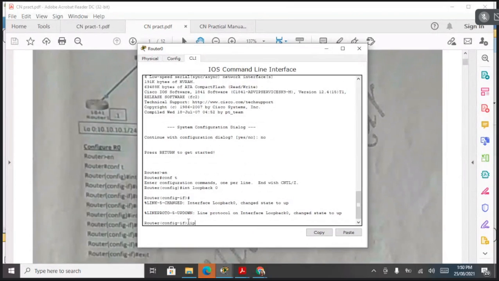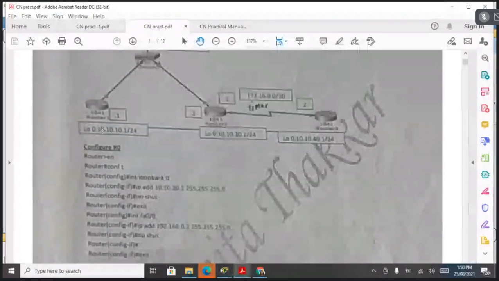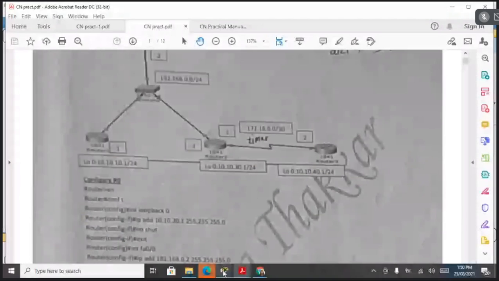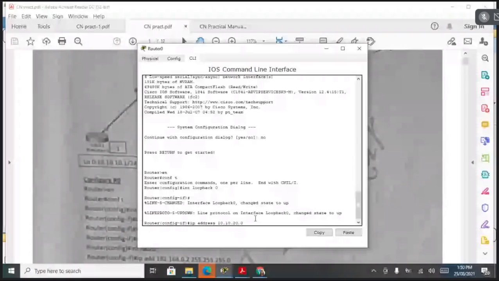Okay, so IP address. What was the address on loopback 0? 10.10.20.0, right? Let me check once again. It is 10.10.20.1. Okay, and 255.255.255.0 is the subnet mask.